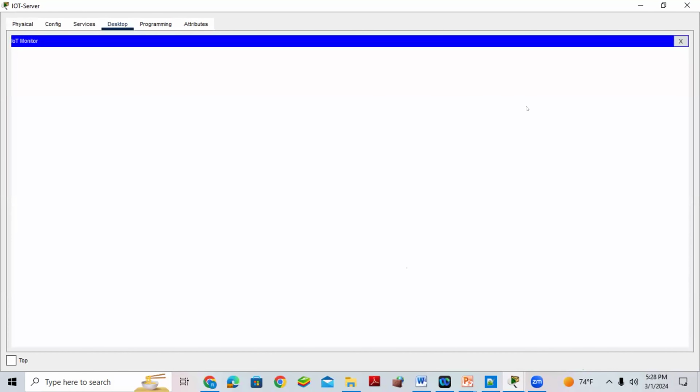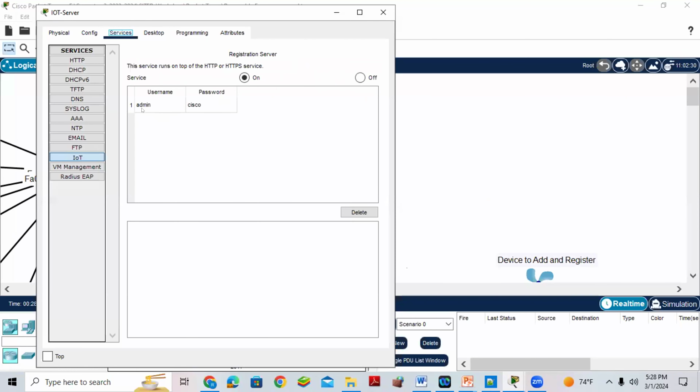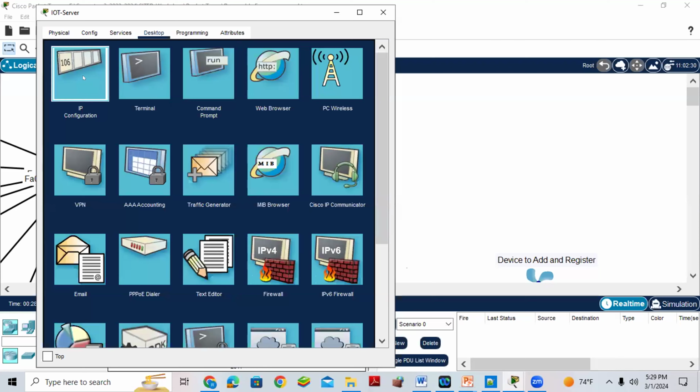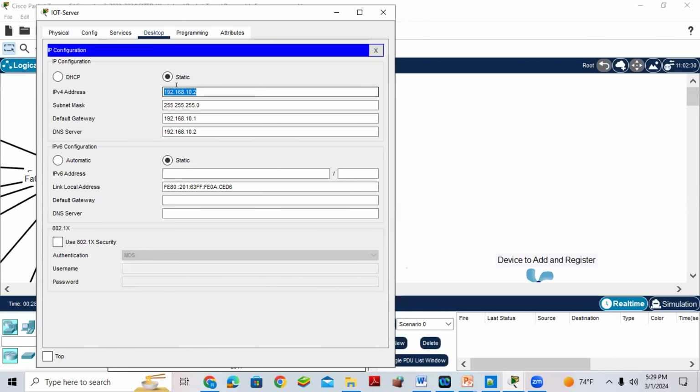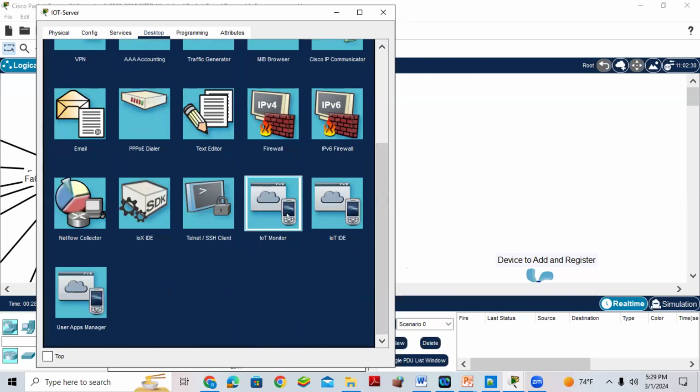Okay, it is already there, but I closed and opened it. Here, when you are opening, they will ask you for a username and password. What was the username and password I gave? Admin, Cisco. What is the IP address here? Let me check my IP address. My IP address here is 192.168.10.2. So I have to take the IP address, then go to the IoT